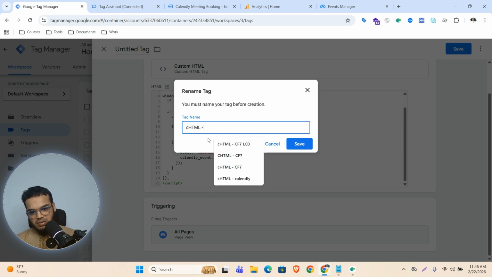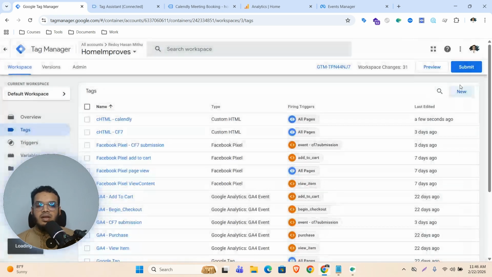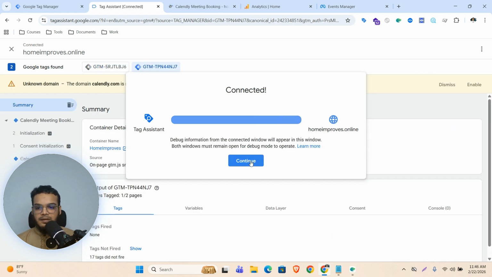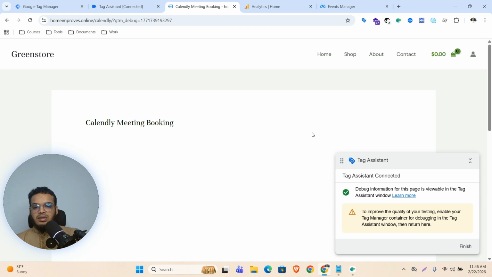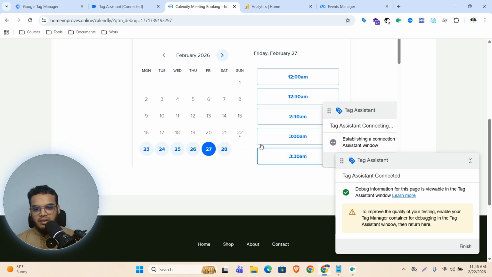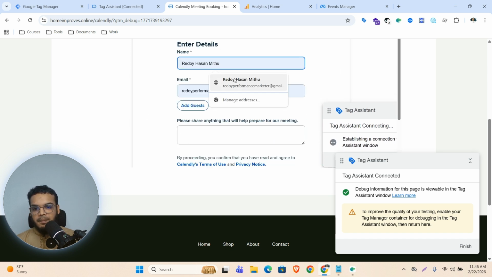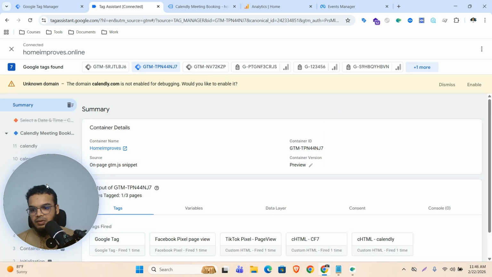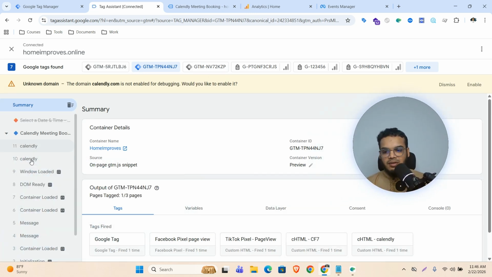CHTML Calendly, and then save it. And now I will preview it once again to clarify whether this event listener code is working properly or not. And if I submit this form once again, you will see that now in the data layer there are two events pushed related to this form